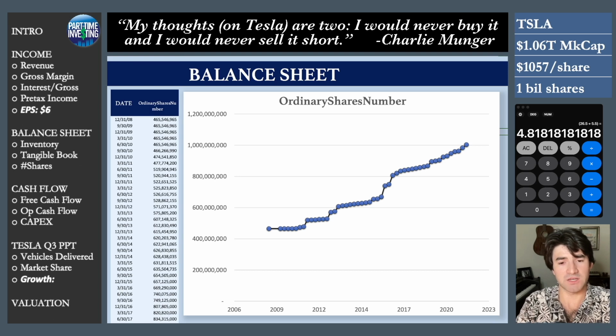Okay, so this is how many shares outstanding. Increasing here would mean that the shares are getting diluted, and decreasing usually means that they're buying back shares. As a shareholder, you do not like to see dilution, and you generally like to see the company buying it back because that usually means that those shares are undervalued if management is smart and rational, which isn't always the